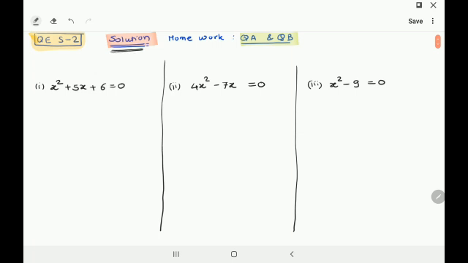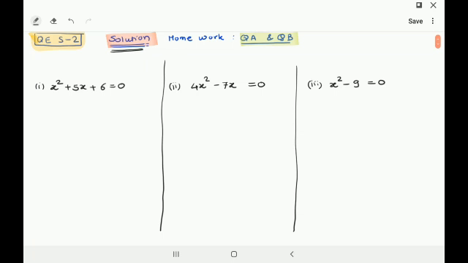Solution. I hope in the last session you got what a solution is. Solution means the value which satisfies the given equation. That's it. It's such a simple concept. If I put that value in place of x, it will give us zero as the answer. Isn't it? So that's a solution. We will learn this time how to solve the quadratic equation, how to find the value of x when we get a quadratic equation. That's it.